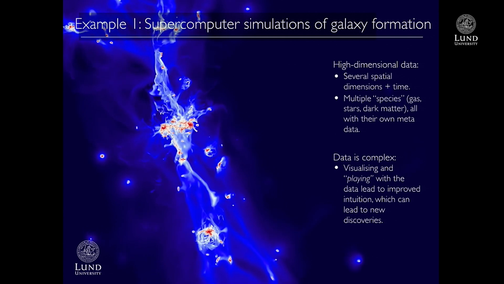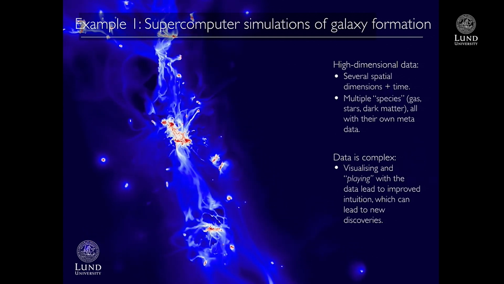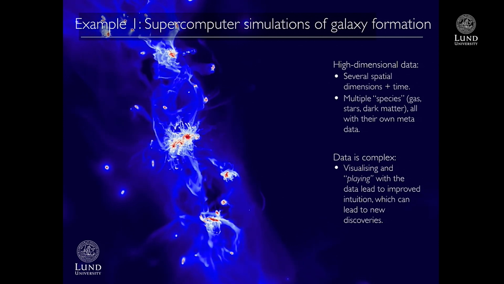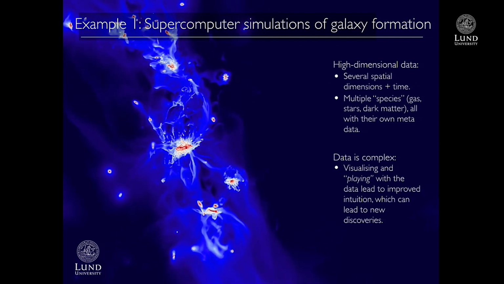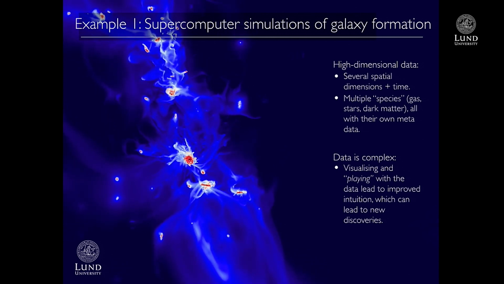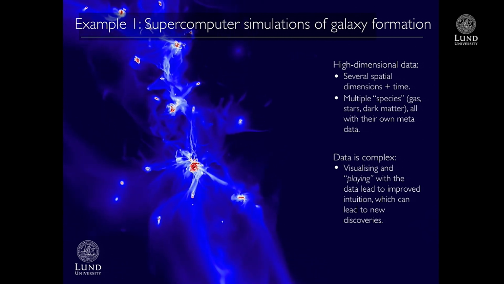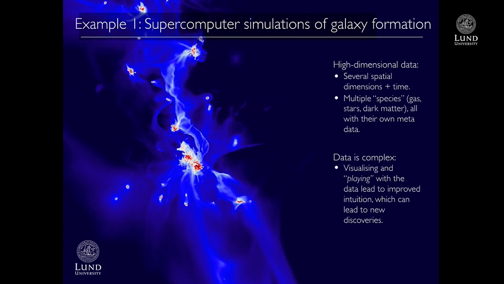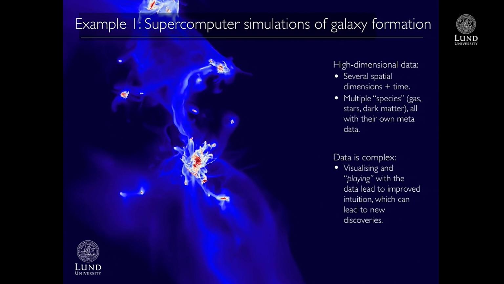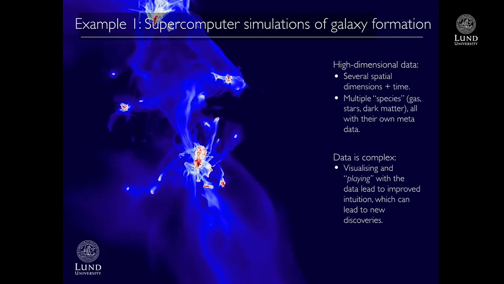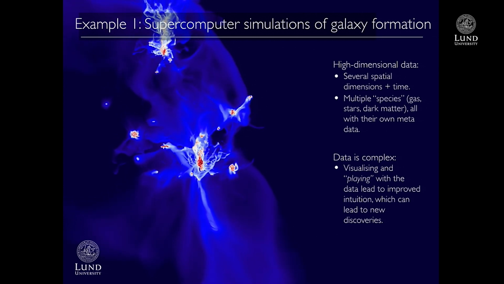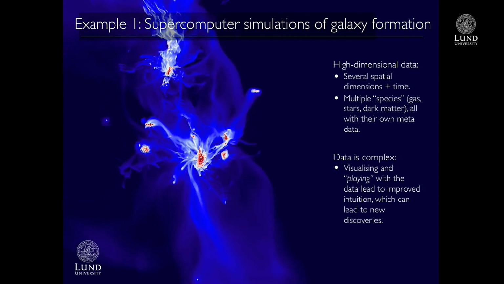Okay, but what you see here is basically a large-scale view of the cosmos. Each of these little points here is essentially a galaxy. Okay, and you can see that the galaxies are building up into larger and larger structures as they are merging together. Here we have a little spiral galaxy forming. After probably 14 billion years of evolution, this will look like the Milky Way, we hope. Okay? So we do these models because we want to understand galaxy formation.